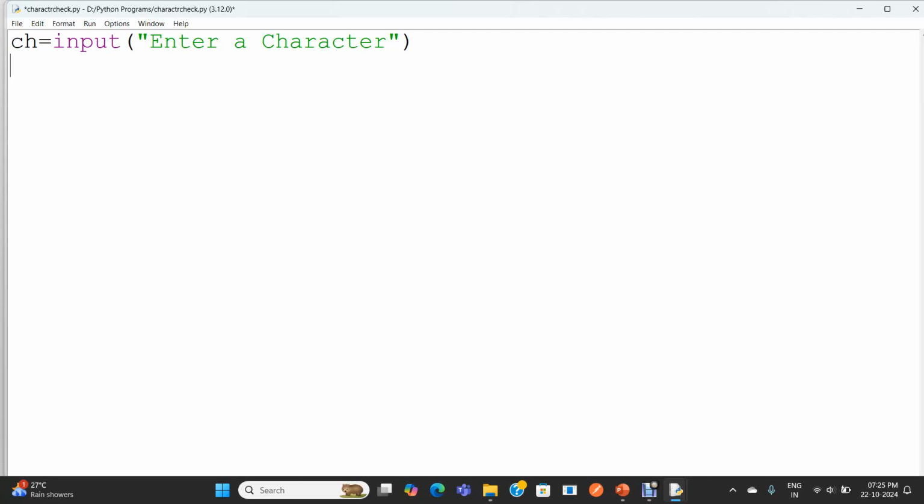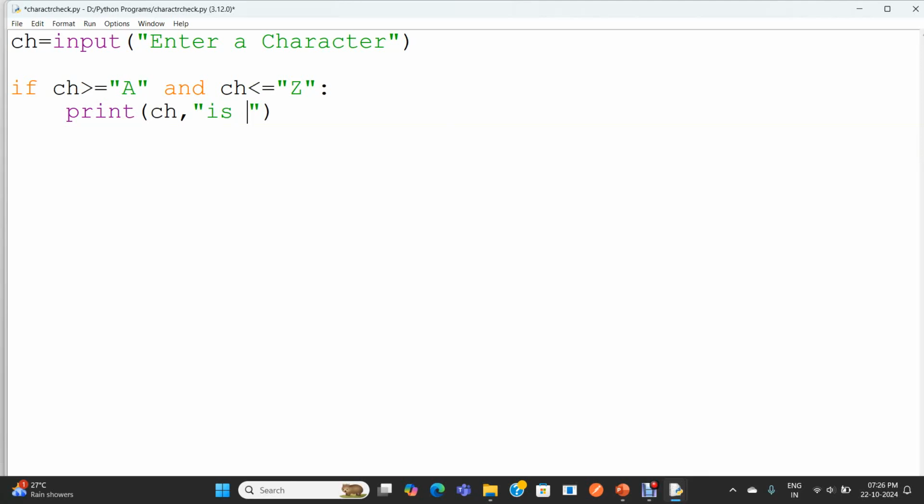Now I am using an if elif else ladder to check whether the given character is uppercase, lowercase, digit or special symbol. I am checking if ch >= 'A' and ch <= 'Z': colon. And is a logical operator. It will return true when both the left side and the right side expressions are true. That means if the value in the variable ch is greater than or equal to capital A and less than or equal to capital Z, I am printing the variable ch followed by a string